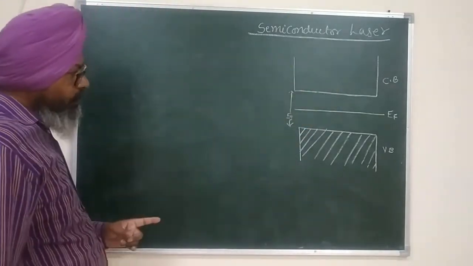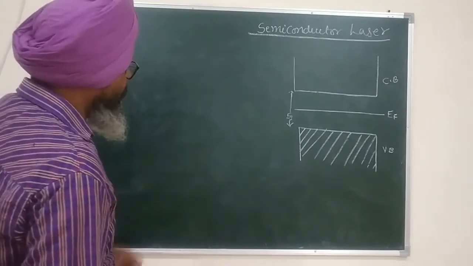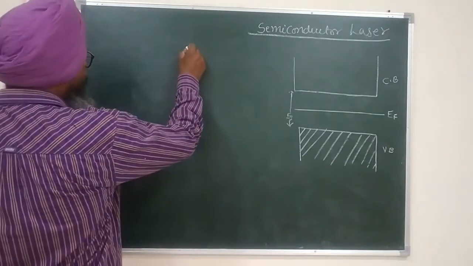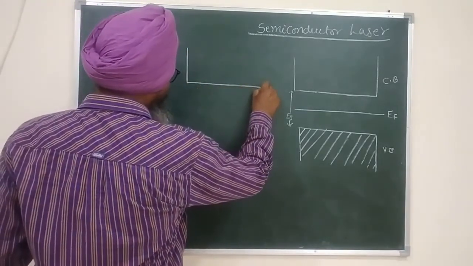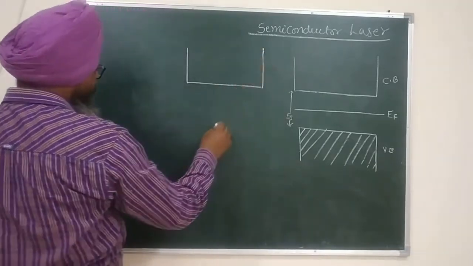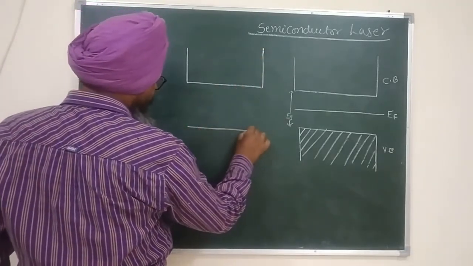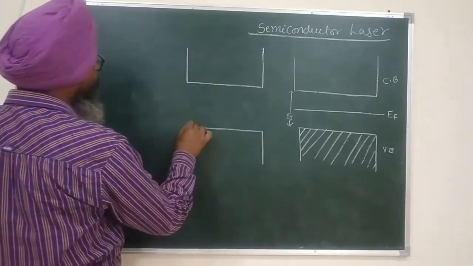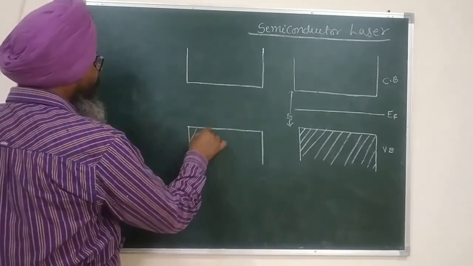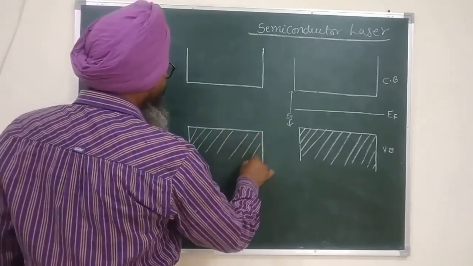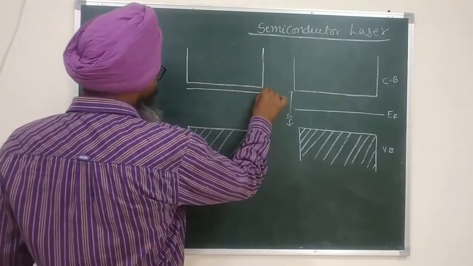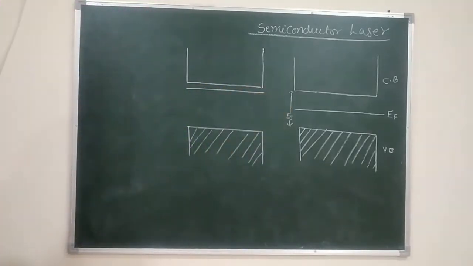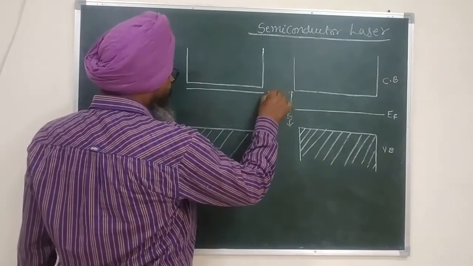Now let us go for the N-type semiconductor. Since I have told you that I will discuss these things fast, we know from our school level that in the case of an N-type semiconductor, we add a pentavalent impurity, and when we add a pentavalent impurity, a filled level is produced just below the conduction band, and that level is called the donor level.